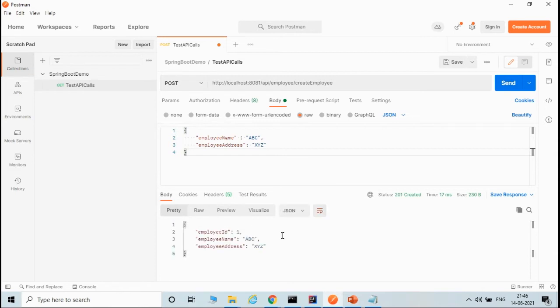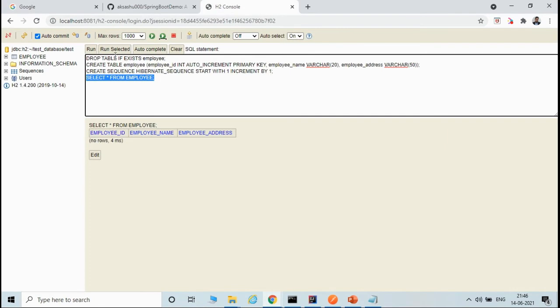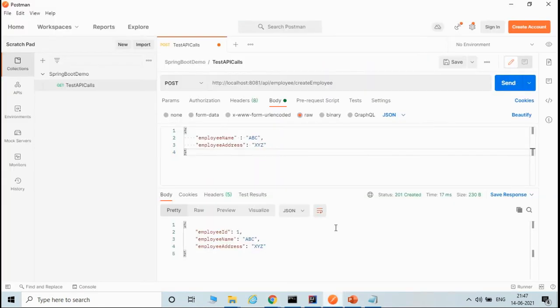So let's click pretty. As you can see, when I call this API, I got a 201 created HTTP response and one record was inserted into the table. Let's go and query the table. So there is one record inserted. Let's go back to Postman, insert another.